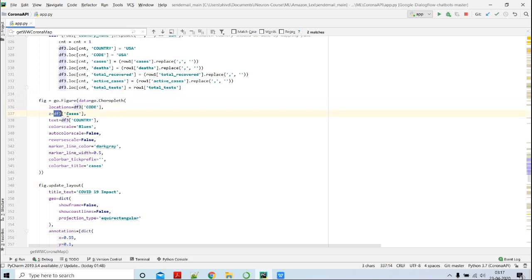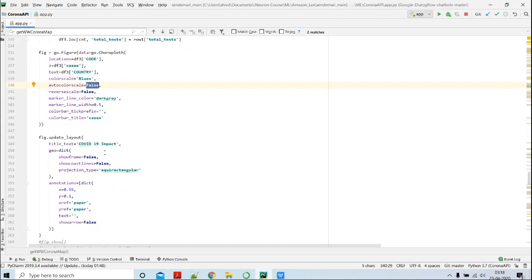This is taking the count of the cases. These cases mean the total count of the cases for the countries, and how I want to color the map, based on the blues. I can change to another color scale, and if I want an auto color scale, that also I can do. I have to make it true.